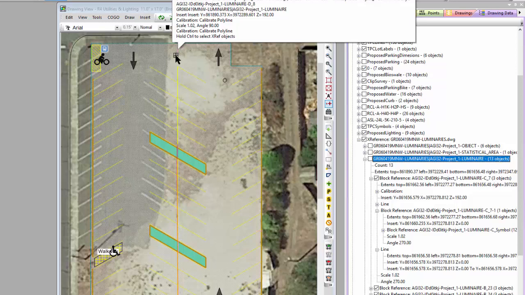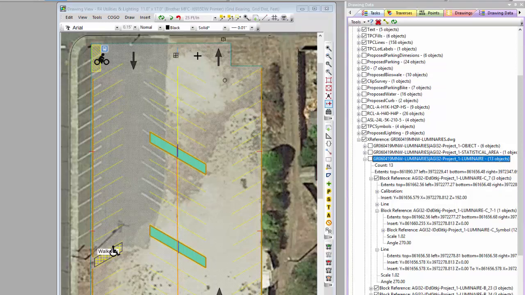And we've done that this summer. We've come back and taken a look at usability and what I have to do to make this just a little more useful inside of Traverse PC for projects like this that are doing a little bit more than just boundary work or a little bit of stakeout work. And this is a good example. And of course, now I've got a whole other lighting design that I'm going to bring in. And so I need to have XREFs reproduce exactly what I want them to reproduce here to make this useful,